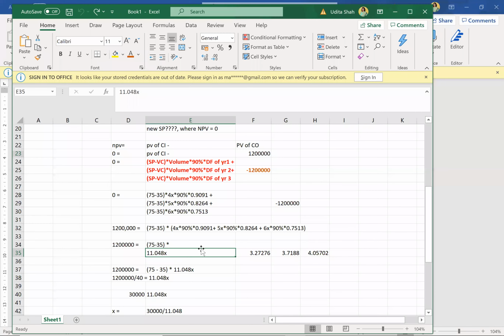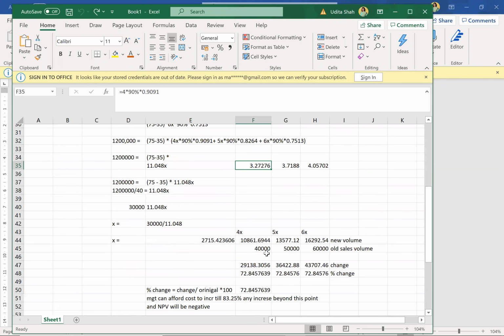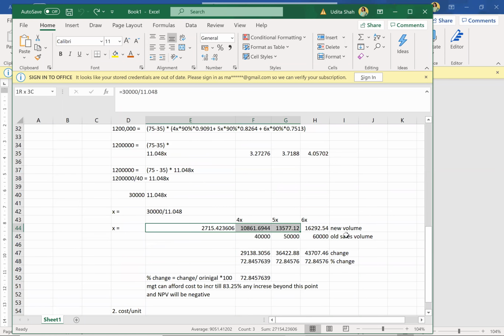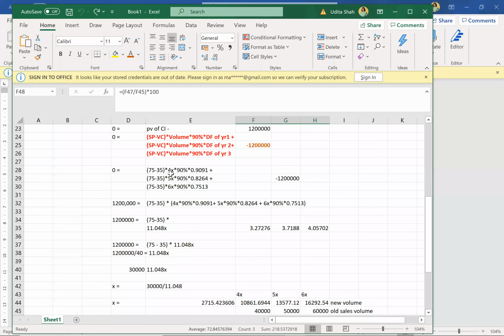Or if you had the previous calculation, you can just divide by 10,000, because the volume is also divided by 10,000. Yes, the ratio should always be constant. If you don't keep the ratio constant, it will give you a problem while you're calculating the new volume, and the percentage change in each year will be different. You will not be able to do that sensitivity analysis. So keeping that ratio constant is very important in this step.